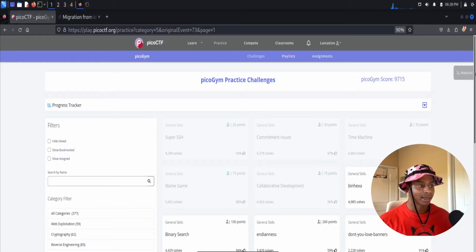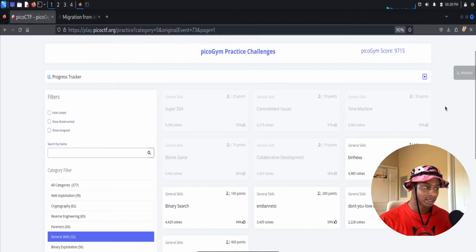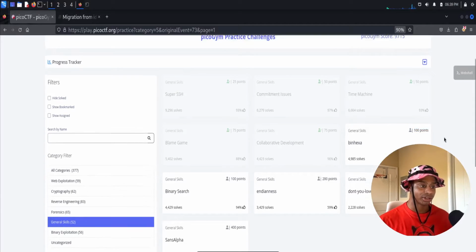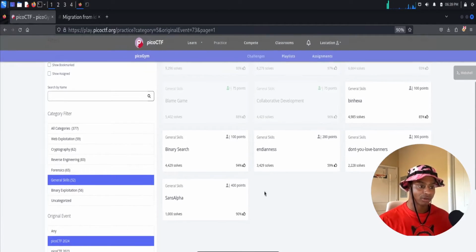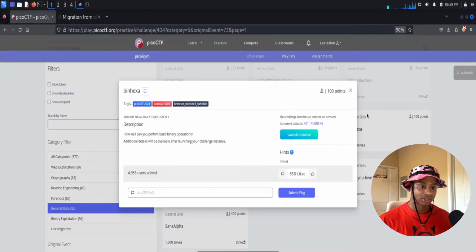Once again, back with more Pico CTF challenges, everyone's favorite beginner-friendly capture the flag website. In the last episode, we checked out 5 challenges from the general skills category of Pico CTF 2024 that wrapped up recently. And now we're just going to continue on with the next challenge in the series of binhexa, which